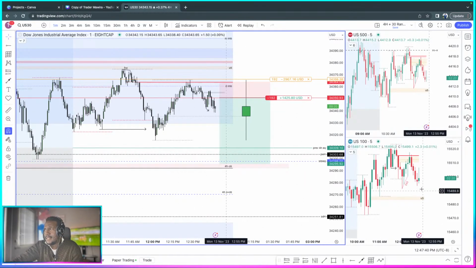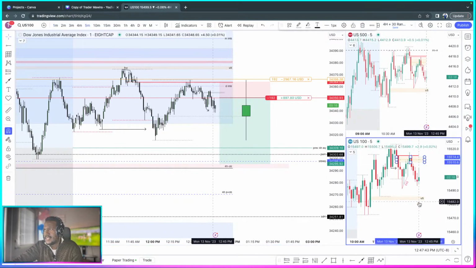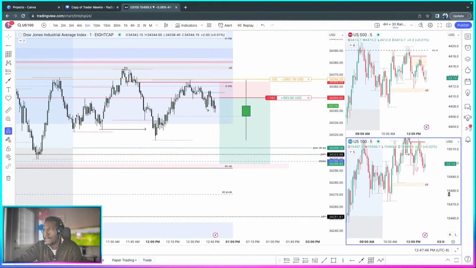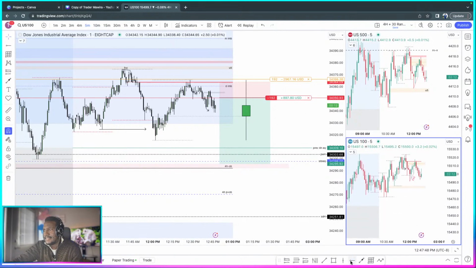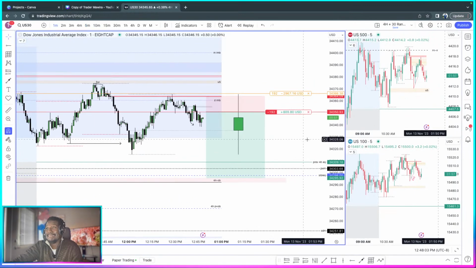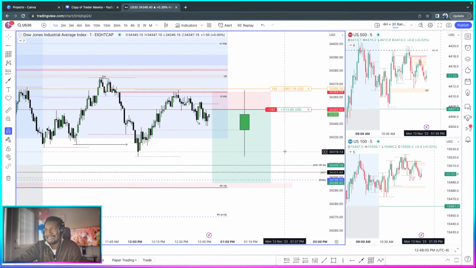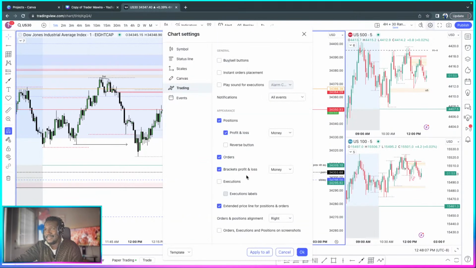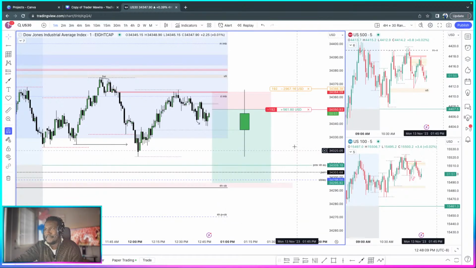Now, what I'm kind of concerned with right now is when we get to this unfinished business here. But another thing I like is the half of the previous 4 hour, which is usually a good target, is just right there. And this guy's half is right there. Right? So now it's just about to get to 1 p.m. I'd like to see us spool to the downside, honestly speaking. I don't like the way we are going up.